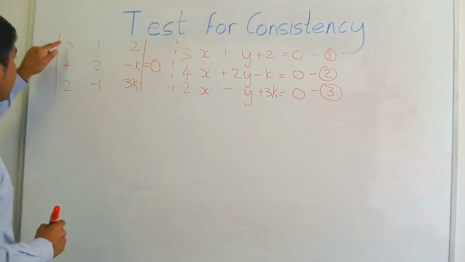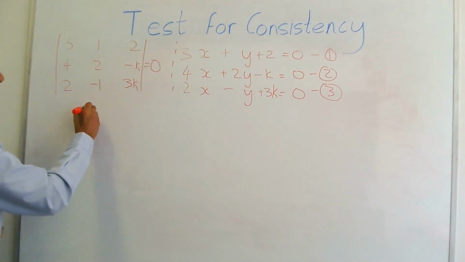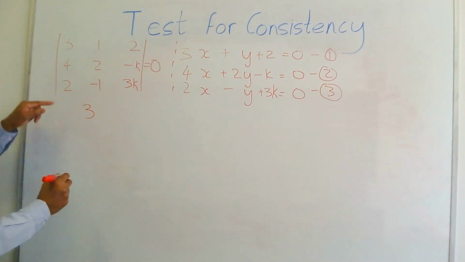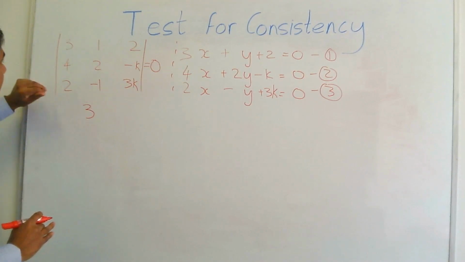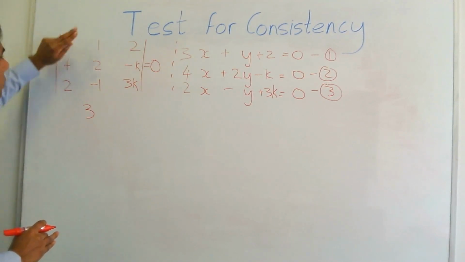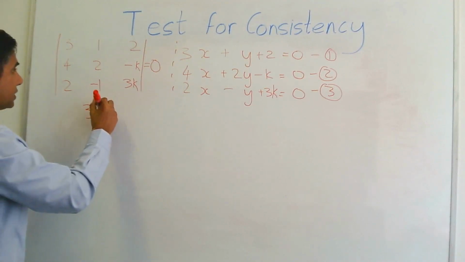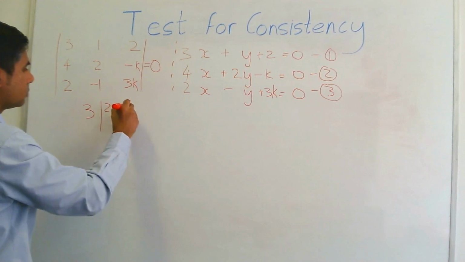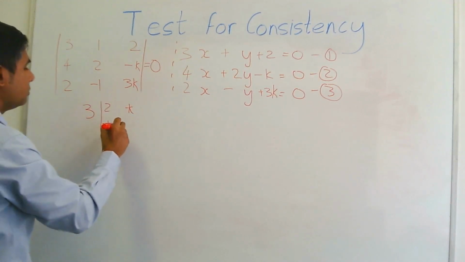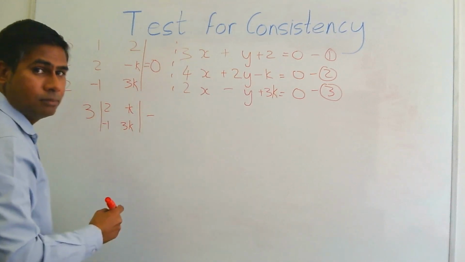So firstly, we'll take element 3. So that's in the first column and first row. So we have 3, and we multiply by the minor of 3. So just to recap what we do to find the minor, we block this first row and this first column and write what's left and make a determinant of it. So it's going to be 2, minus k, and then minus 1 and 3k,